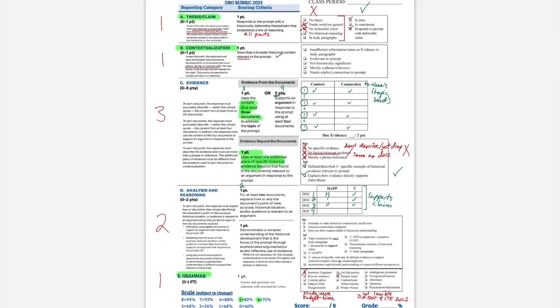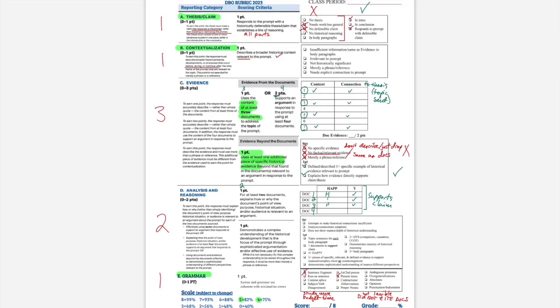Someone in the chat said, do we also cite the document after we HIP it? It doesn't hurt. Even after you HIP the document, you can tell me which skill you're using. If you just put a little parentheses and put a P, that way I don't have to guess whether they're doing intended audience or trying to do historical context. Now, if you label it intended audience, but it's actually historical context, I'm still going to give you the point. I'm not going to say, oh, they labeled it wrong, so they don't get it. If you think you're doing point of view, but you're actually doing historical context, I'll still give you the point for it, okay? But you would help me out if you put which HIP skill you're doing